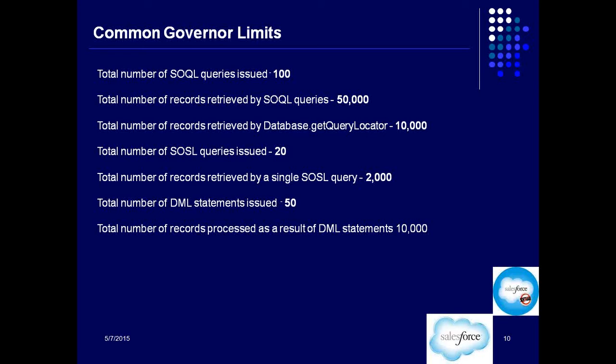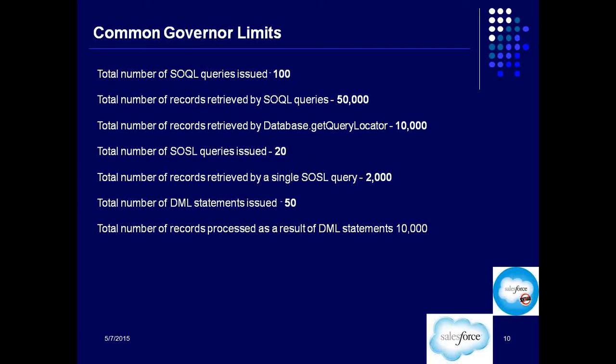If you are doing an insert of a list of records, that list should not have more than 10,000 records. If you are doing an update operation on a list of sObjects, that should not have more than 10,000 records. If it has more than 10,000, it will throw an error. If you are writing a SOQL query, it should not return more than 50,000 results, otherwise it will throw an error. If you are writing SOSL queries, there should not be more than 20 executed in one transaction, otherwise it will throw an error. So these are certain governor limits, which we will deal with briefly.